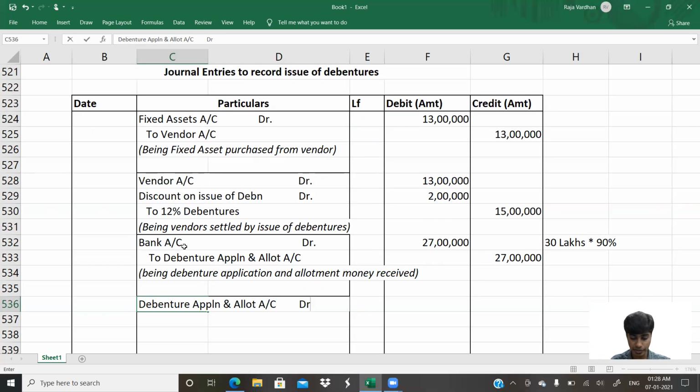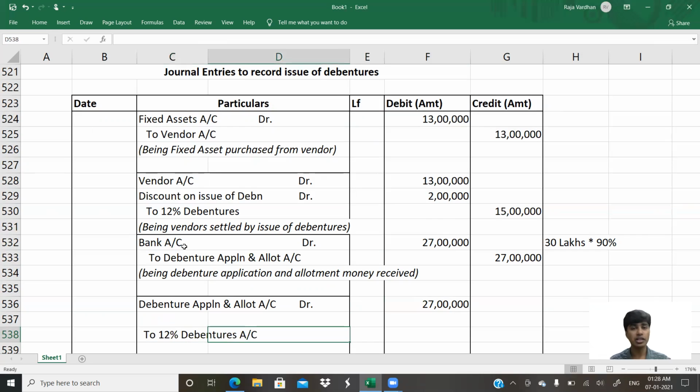This will be debited. How much? 27 lakh rupees. And this will get transferred to which account? It will get transferred to debentures account. What is debentures? How many percent debentures? To 12% debentures account. Always remember that debentures account, equity share capital account, preference share capital account, when you debit or